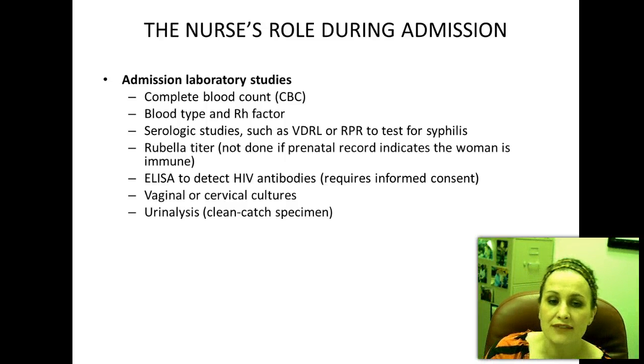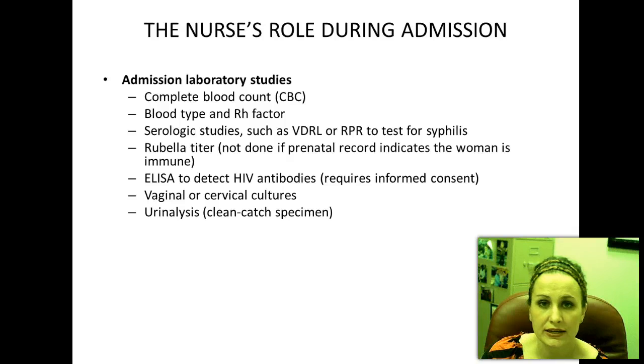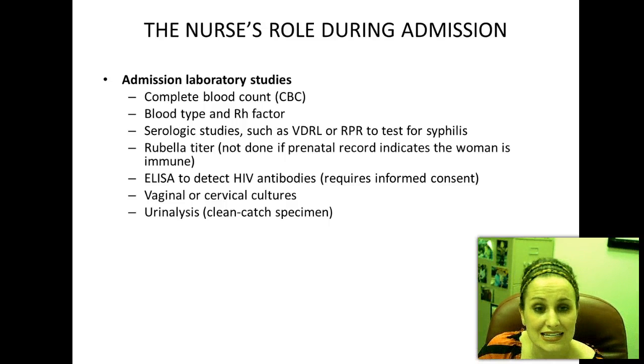Rubella titer. If it's not done prenatally, we'll go ahead and check her rubella. But if the woman is immune or shows immunity, then we won't have to worry about that. The ELISA is to detect HIV antibodies. And again, remember, we checked it at the beginning, we'll check it at the end. This does, however, involve